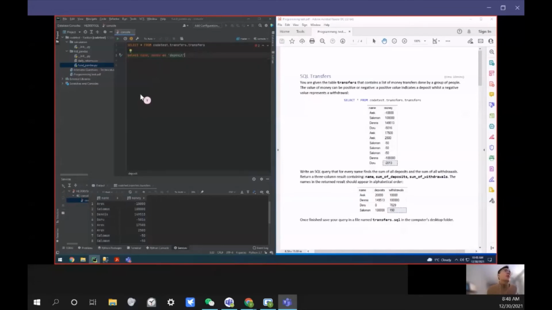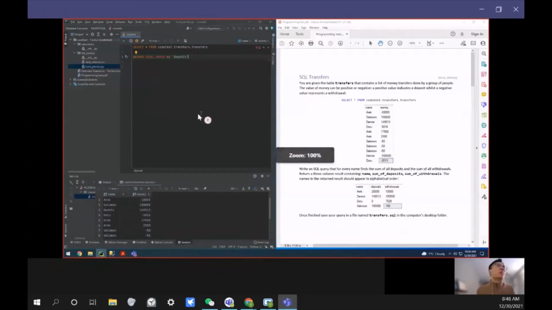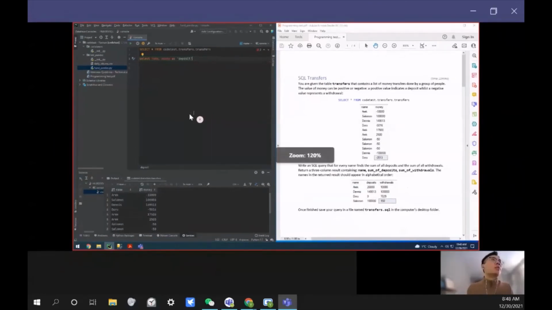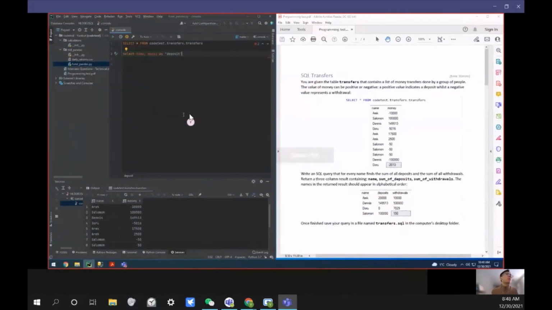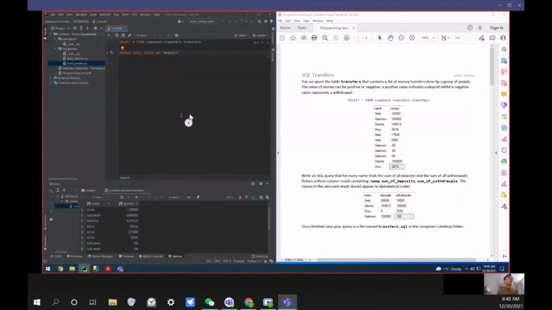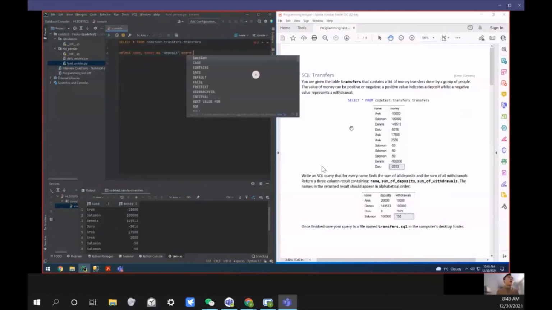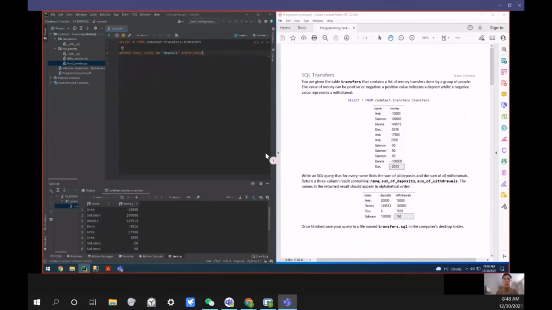The way that I typically build a query is to start with a smaller piece and then build on top of that, one piece at a time. So this is gonna have a where clause, where the money is a positive number,